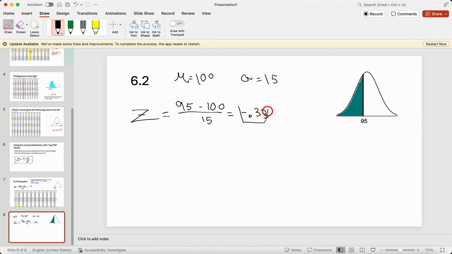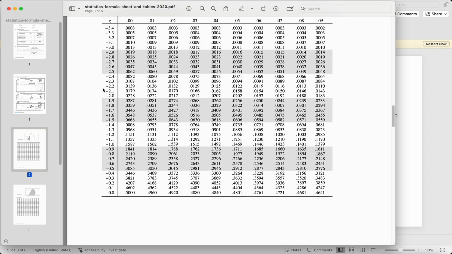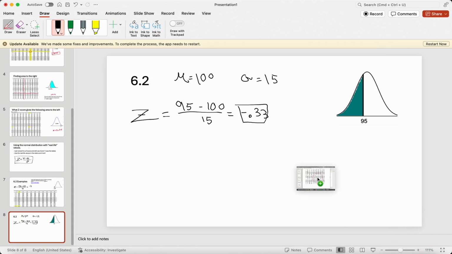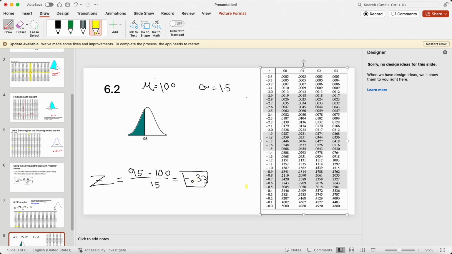So there's my z-score. And so I'm now going to go to the table and I'm going to find negative 0.33, which is hard to find. Uh-oh. We're going to need to crop that. Give me a second. All right, great. We got it cropped. There's, again, the negative 0.3, and there's the 0.3. And so if we crosshairs those two together, I get